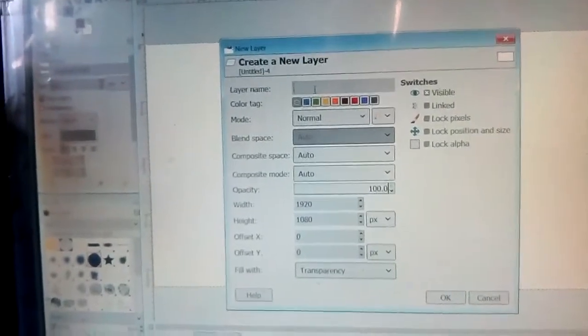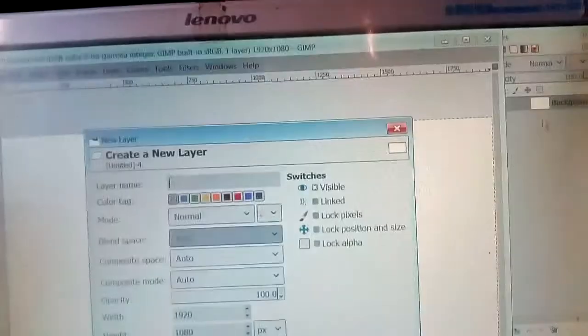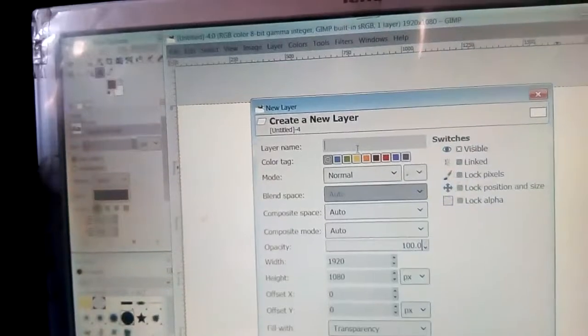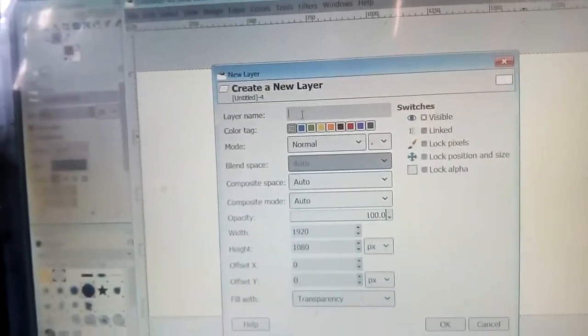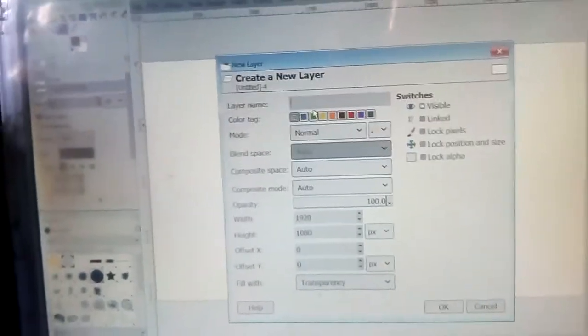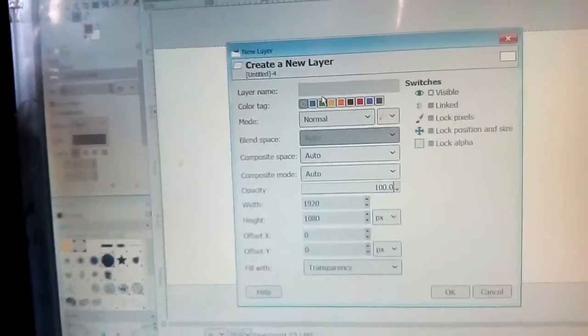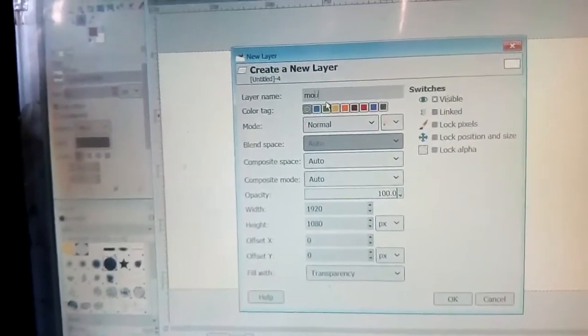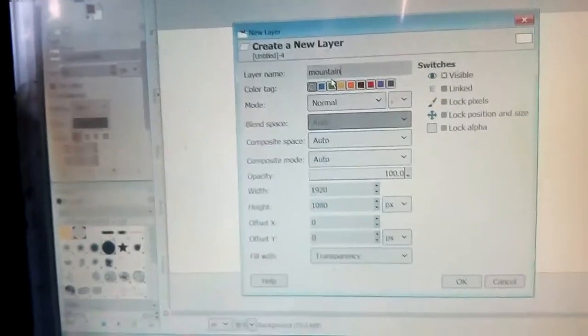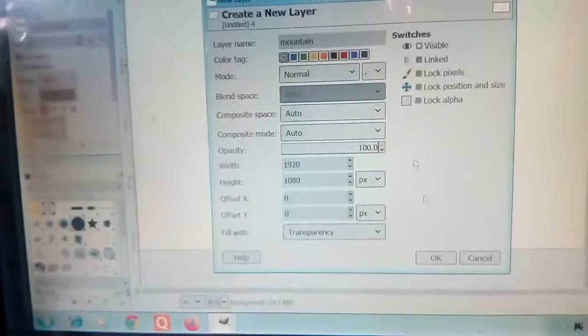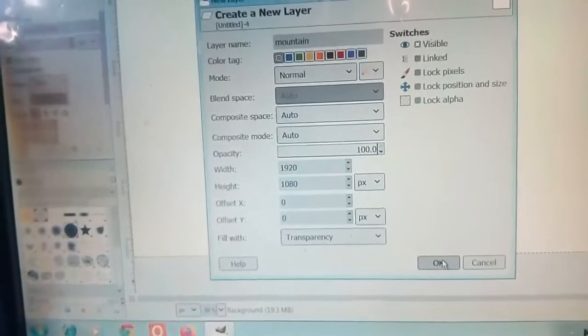I have done the background layer, you can see over here. The same process you have to do again, suppose according to your book, mountain. So write down the name mountain here, and then click on OK.